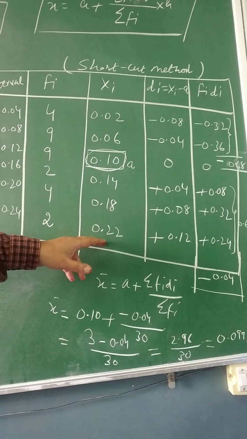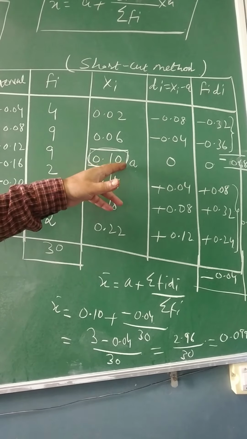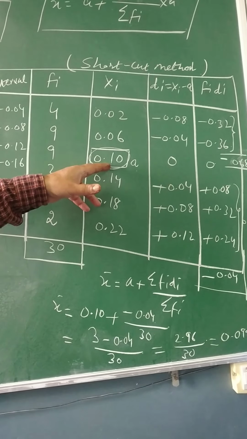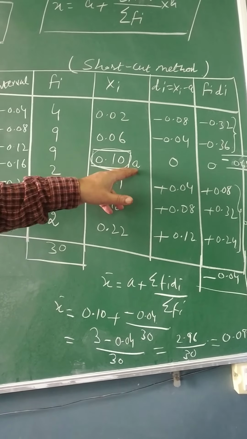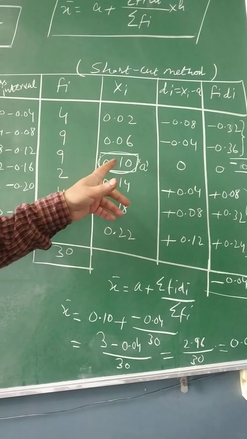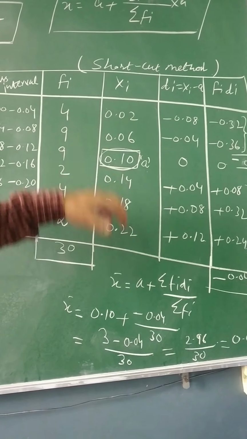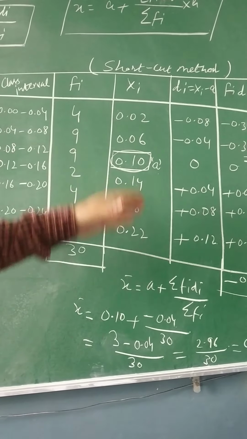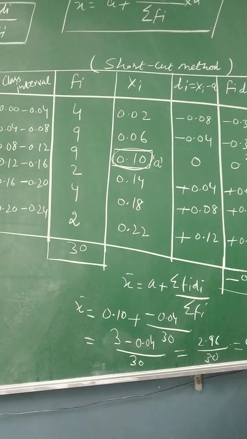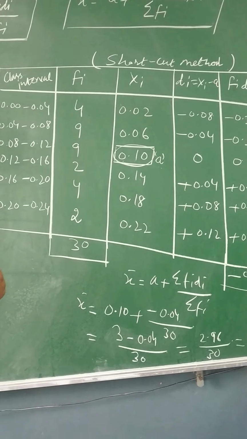So third reading I have taken. You can take the fourth one also, no issues about that. So I have taken the third one. So this is your A. You have to mention this is my assumed mean here. On behalf of assuming this mean, we are giving this method the name of assumed mean method also. So this is called your shortcut method also. So this is the first task you have to do extra than that of the direct method.